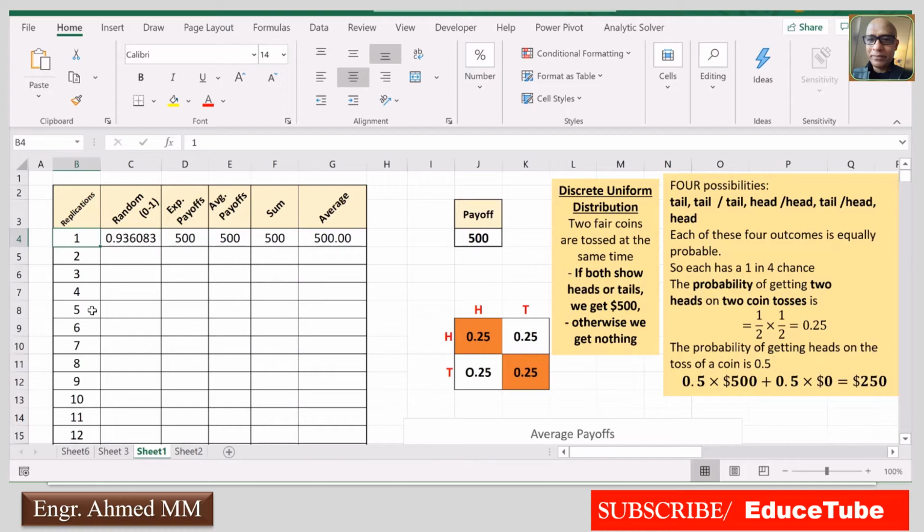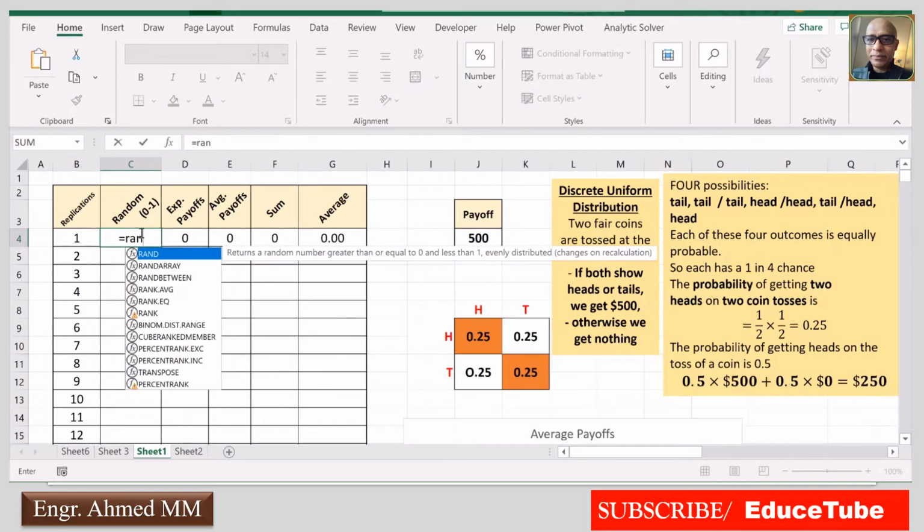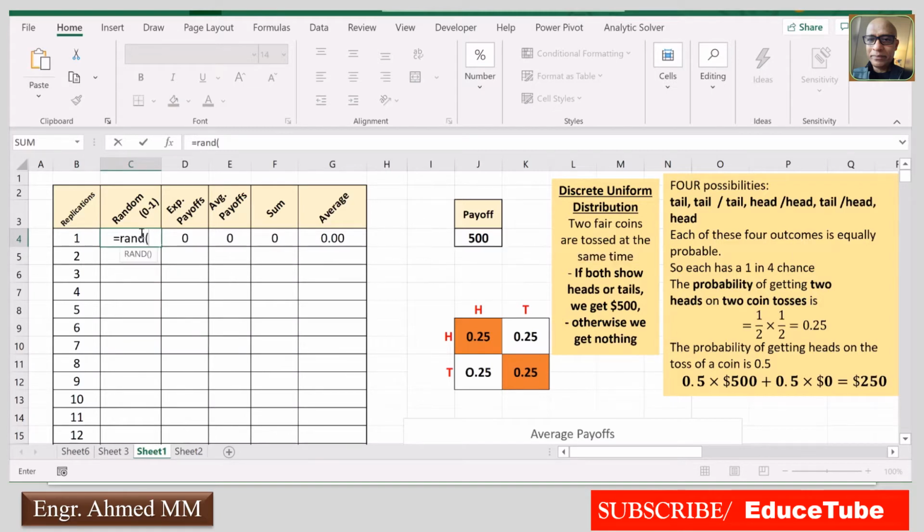Now we need random numbers to generate random values, because using these random numbers we will generate random values here. So how? I am removing this. To generate, only type equal, rand, and close it.